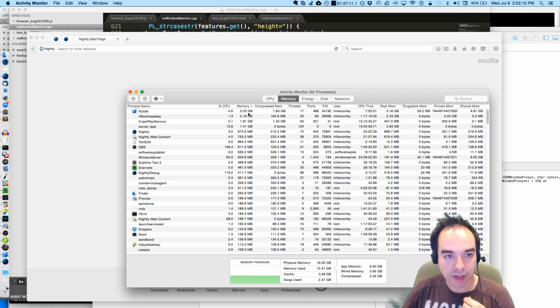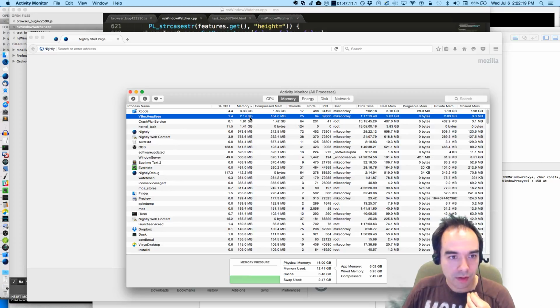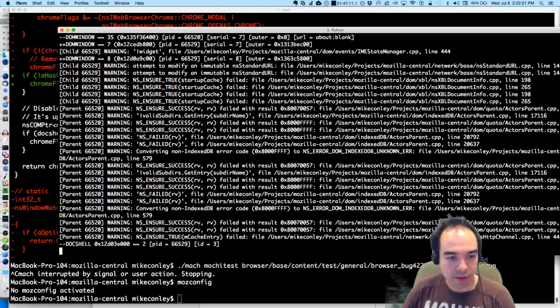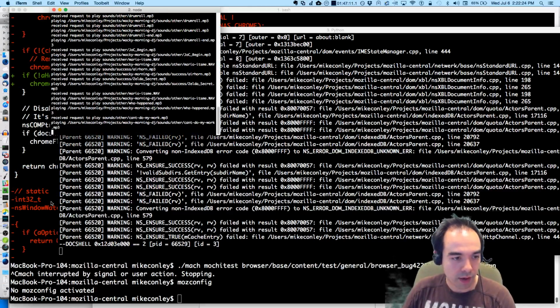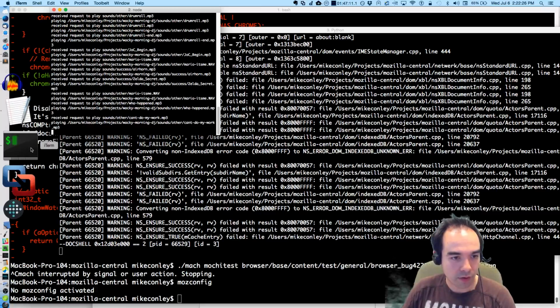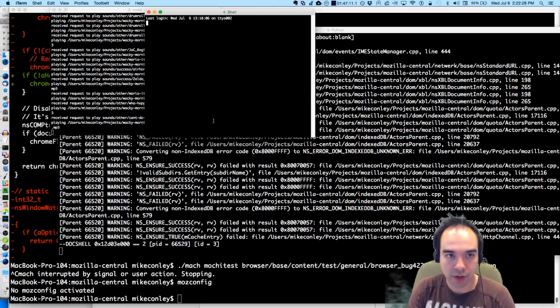Oh, and Xcode's taking up so much memory. I have a VirtualBox running? Oh my goodness. You know what? I think I have a Docker running. Docker VirtualBox running. That'll probably help if I shut that down.